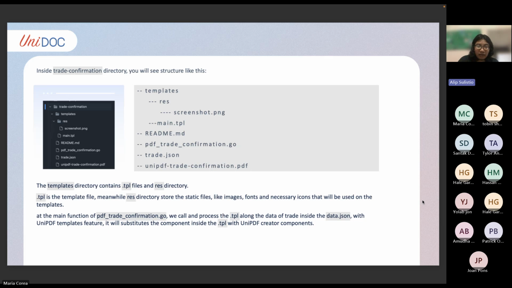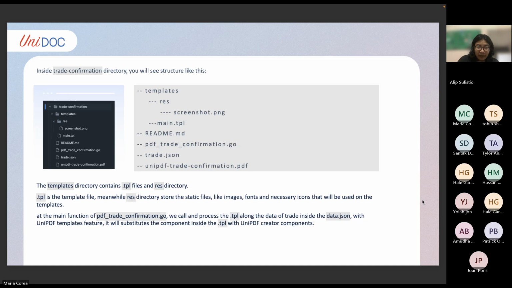And then there is the PDF result, which is unipdf_trade_confirmation.pdf. So basically the templates directory will contain our XML-like language, which has the extension .tpl, and then there is a rest directory, which is storing the static files like images, fonts,